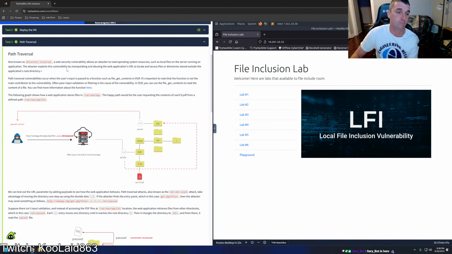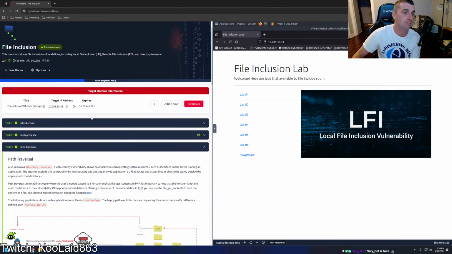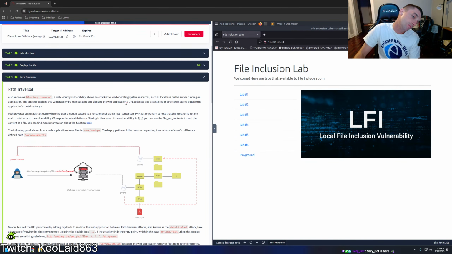Path traversal, also known as directory traversal, a web security vulnerability, allows an attacker to read operating system resources, such as local files on the server running an application. The attacker exploits this vulnerability by manipulating and abusing the web application's URL to locate and access files or directories stored outside the application's root directory. Path traversal vulnerabilities occur when the user's input is passed to a function such as file_get_contents in PHP. It's important to note that the function is not the